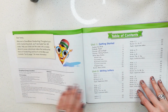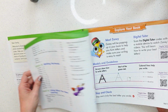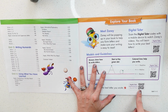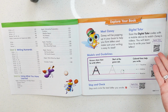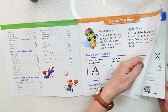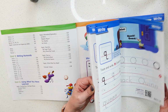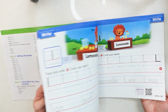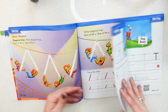So the great thing about Zaner Bloser, table of contents, it will give you helpful tips along the way, but one of the best things that it has is these QR codes. I don't need to order the teacher's guide because we can scan the QR code and the wonderful little pencil friend will teach it for me. And they're on every new page, and every once in a while what'll happen, you can see it in the table of contents, is you will get to a little point where you will then go back and do just a little bit of simple